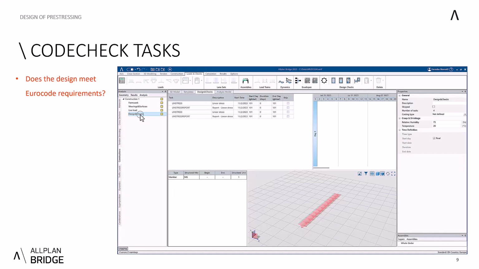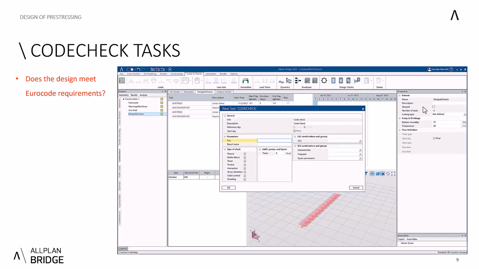So we have completed a preliminary design of pre-stressing and we can test whether the structure will meet Eurocode requirements without non-pre-stressed reinforcement. In order to do that, we need to define the code check tasks. Similar to the case of the lean stress, we define the task again in the so-called final stage. On the Loads and Check tab, we launch the code check dialog box and specify the day on which the check is to be performed, the result name, the relevant load combinations,